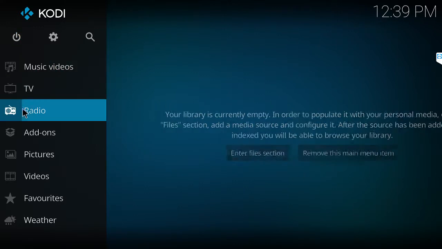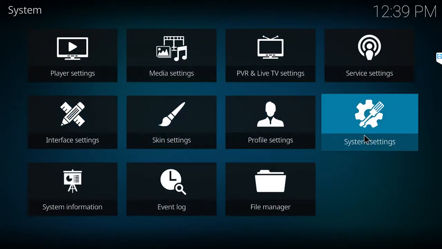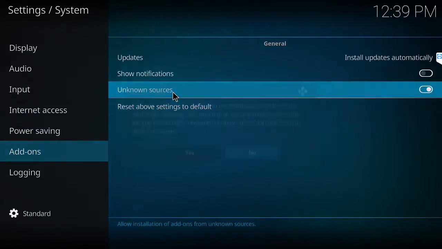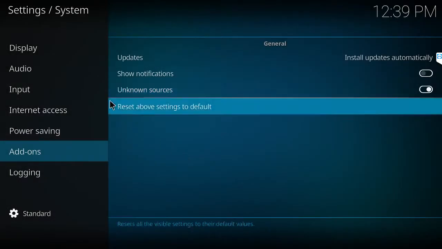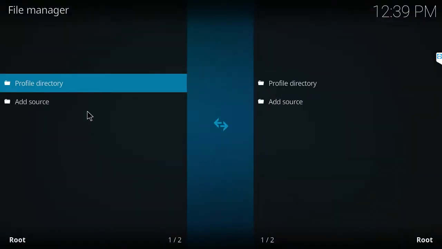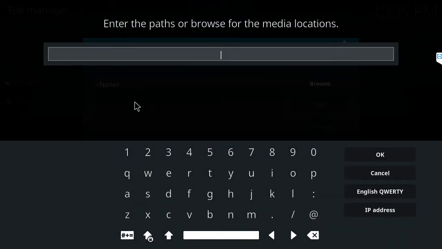Alright guys, so we're going to go ahead and go into it real quick. I'm starting fresh, so I gotta do all the unknown sources and all that stuff. And then file manager, and then we're going to add the source. Here's the new URL, guys, for Doomsday: http://